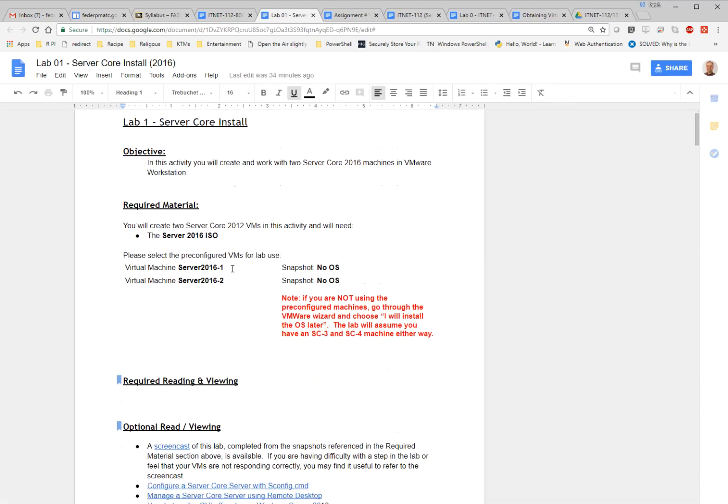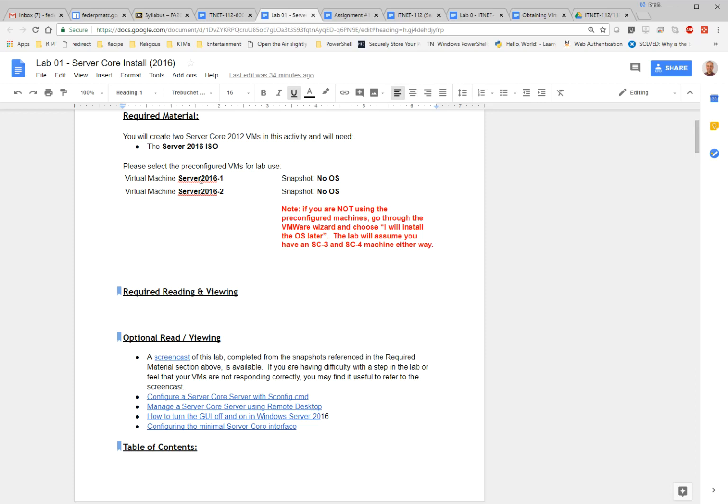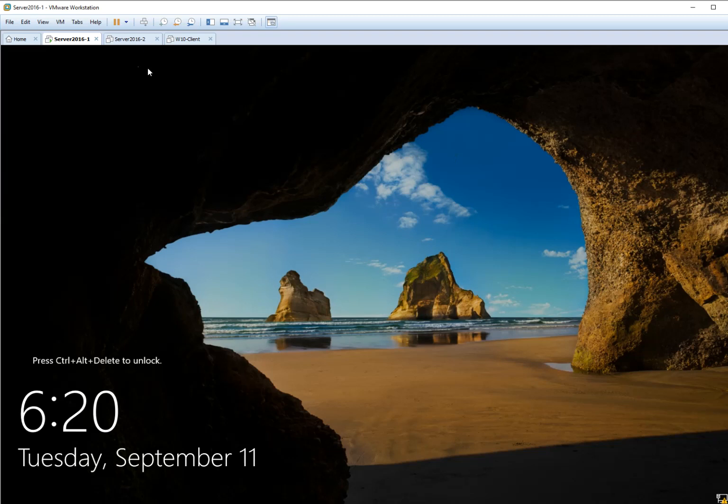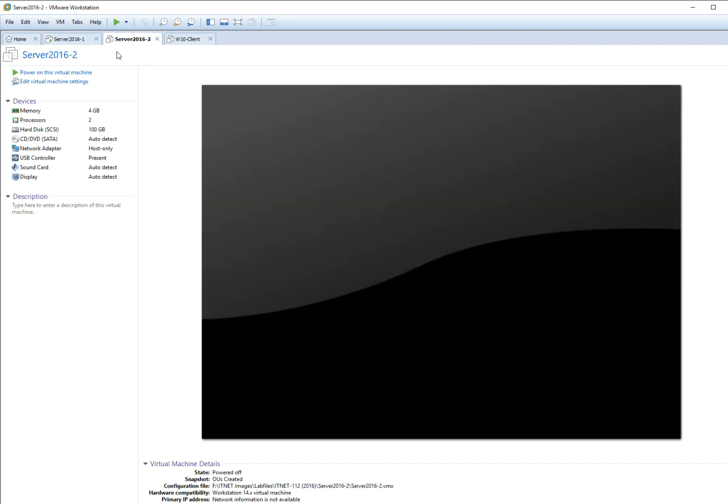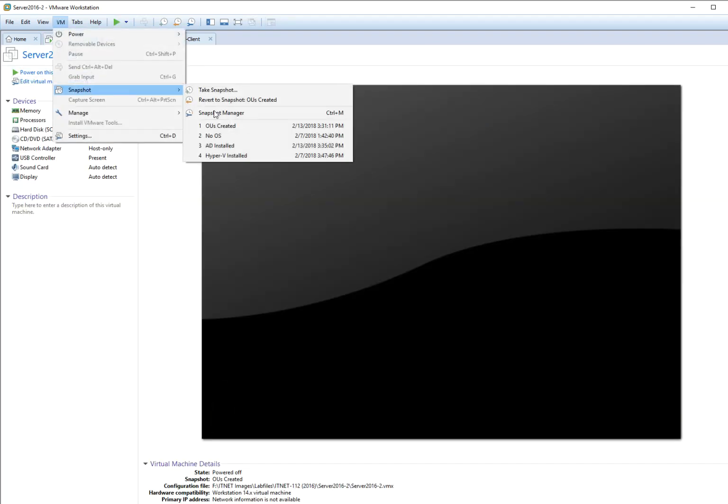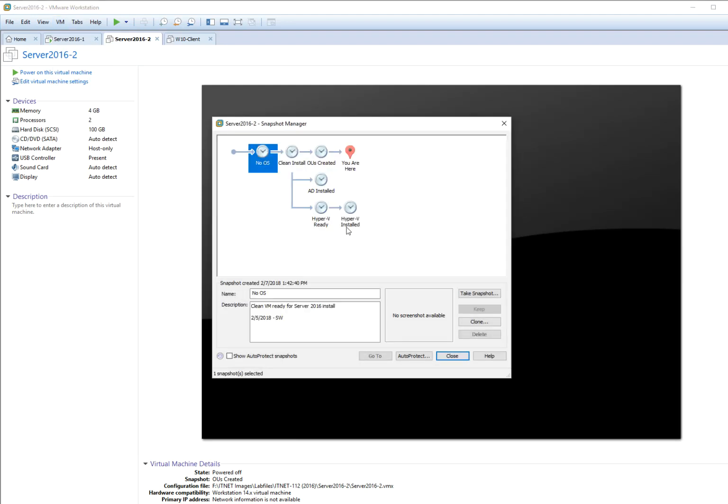Lab 1 starts off by saying, take your virtual machines. Well, you're going to need an ISO. We've got one of those. And you're going to use 2 VMs, and the snapshot is no OS. Okay, we kind of saw what that looked like, right? So if I were going to do this lab, I'll just do it on server 2 real quick. VM snapshot manager, no OS. I do that,